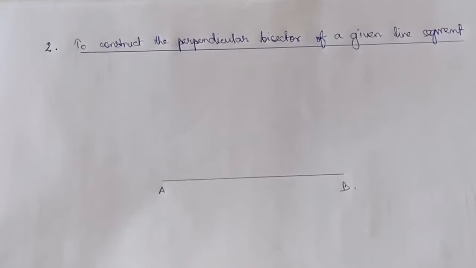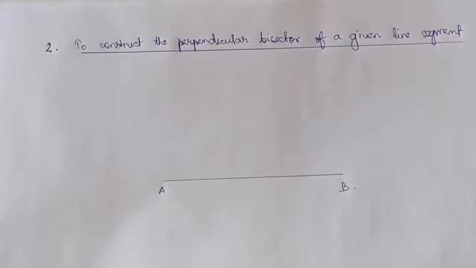Next, we are going to learn how to construct the perpendicular bisector of a given line segment. So let's suppose